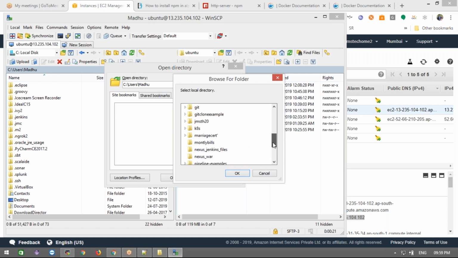Where we have, I'm going to go with this PC. Let it go to the particular path where I have softwares, and then DevOps, and then next.